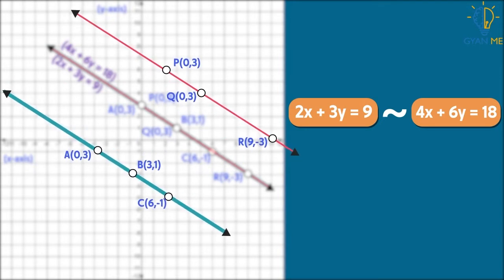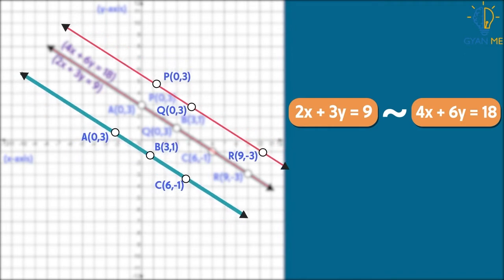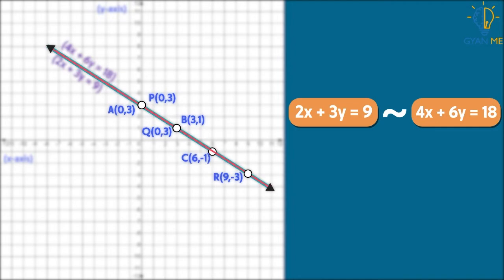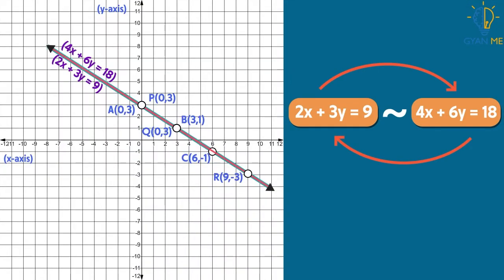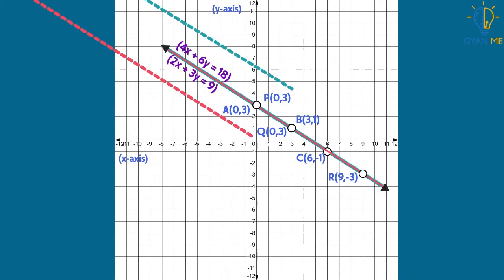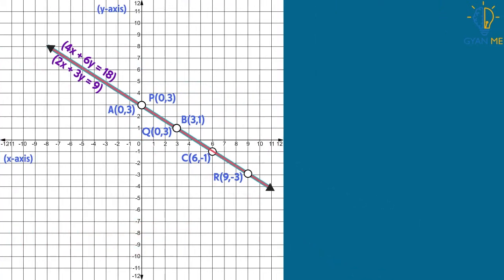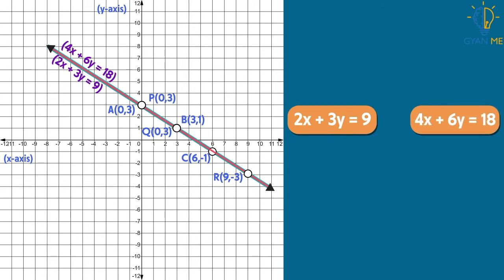Students, please note that we used the word equivalent, not equal. Here both lines coincide, but they are not equal. They are of two different equations, and the solutions of the equations are given by the infinite common points. From the graph, we observe that every point on the line is a common solution to both the equations. So, the equations 2x plus 3y is equal to 9 and 4x plus 6y equal to 18 have infinitely many